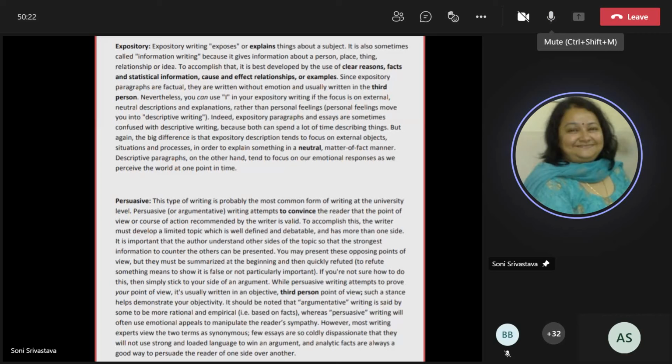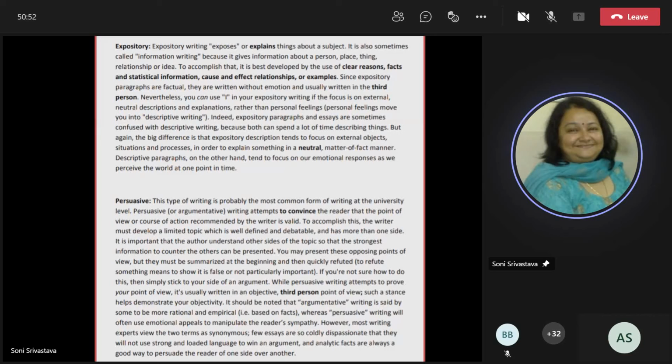Fine. Expository is more to do with debating, convincing, that kind of thing. Explaining, teaching. These are the words which you use with expository. You can write it down somewhere. Expository means to teach, to explain, to expose. So basically in expository, you give the example of report writing. We'll teach you report writing also, but I'm sure you must have heard it earlier.